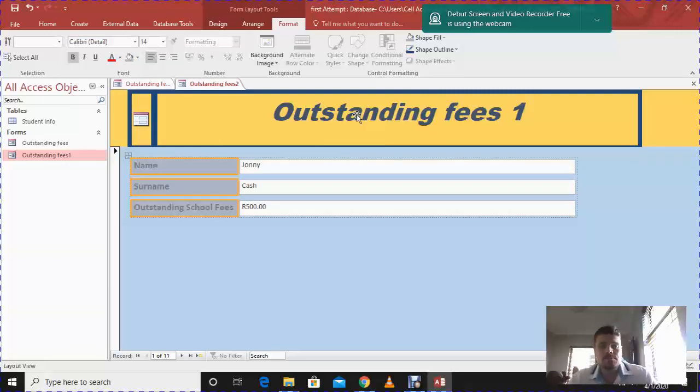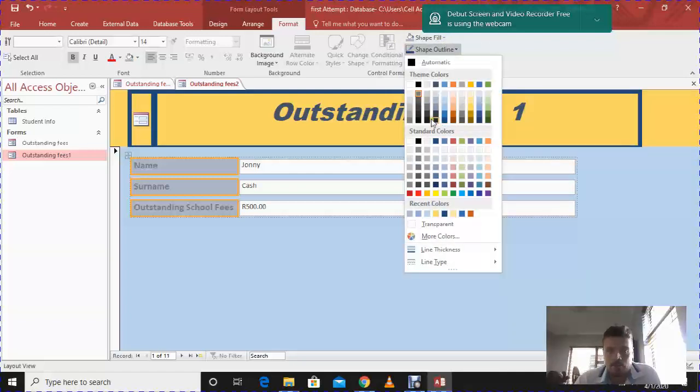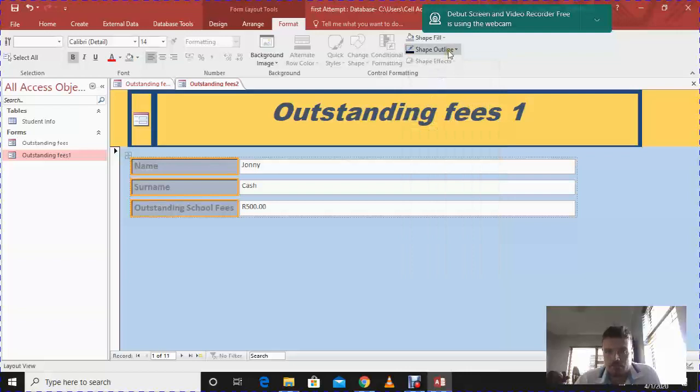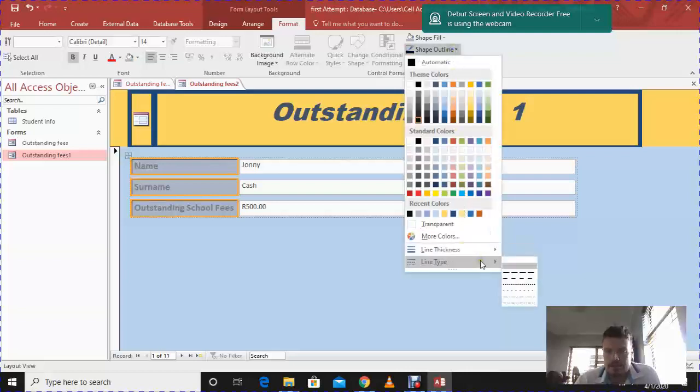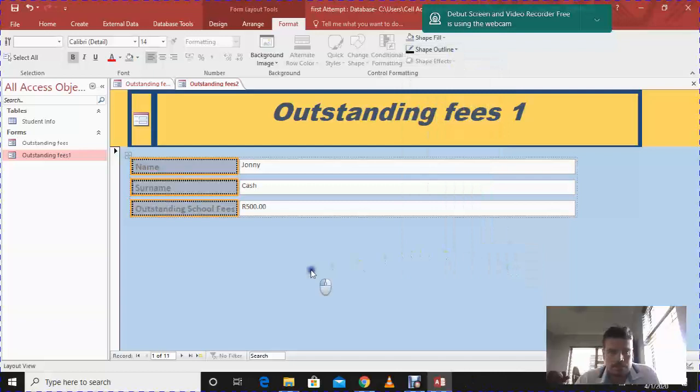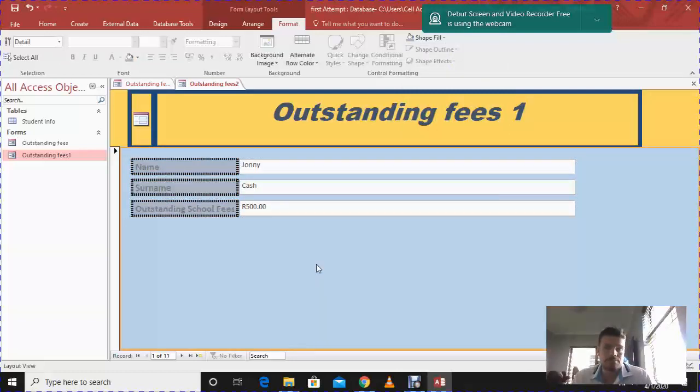Alright, so I want the name, the surname, and the outstanding school fees to stand out. So you can see I've already adjusted the color, and then the outline, I will make it a nice dark black, and the line type will be a little bit of a dotted line, and we can change the thickness of it as well. Now, it's not maybe aesthetically pleasing for everyone, but it's just a tutorial on how you can change it. Right, so if you look at it, Johnny Cash and 500